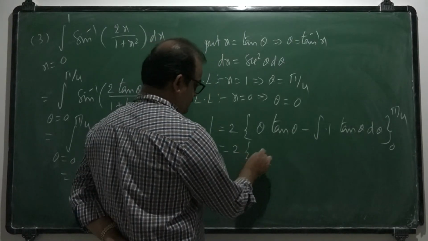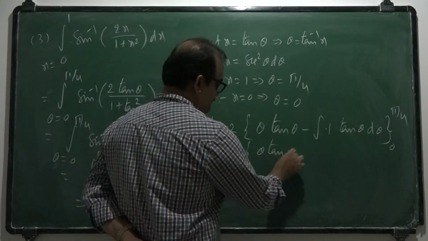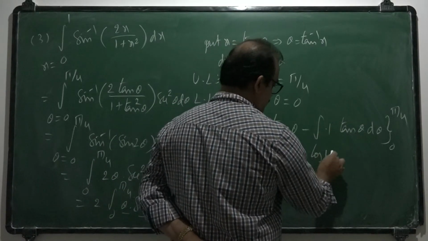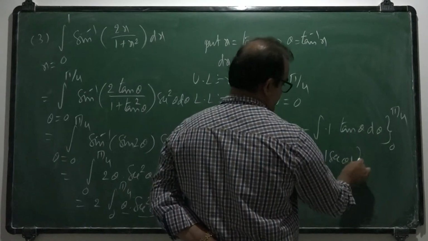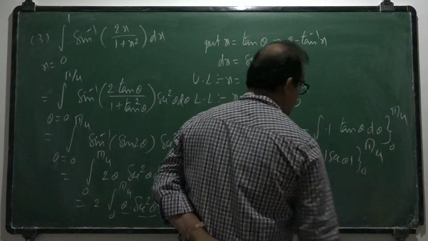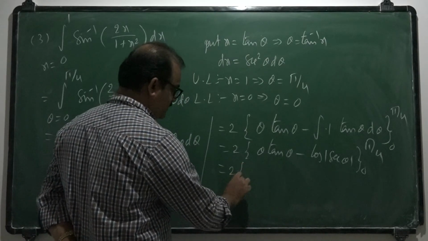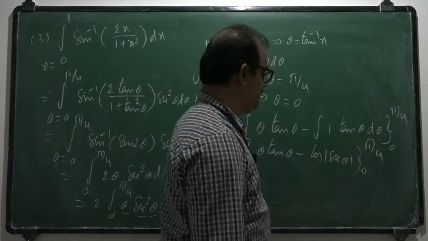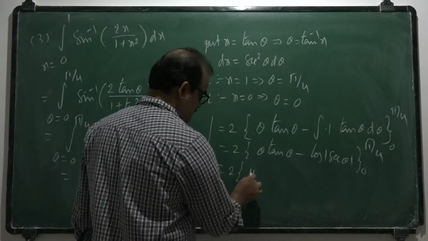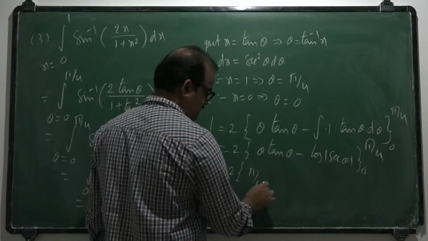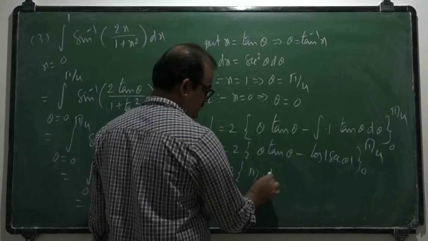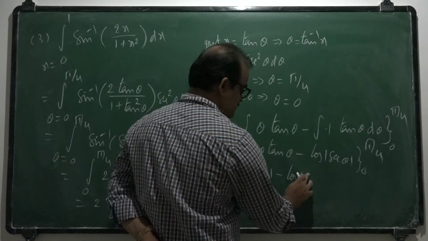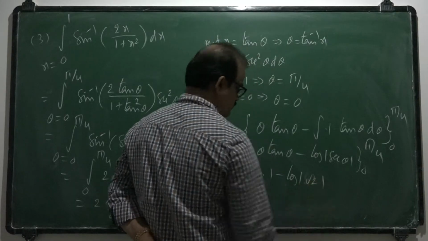2 into theta into tan theta minus integral tan theta log mod secant theta between the limits 0 to pi by 4. 2 into, apply the limits, first take the upper limit pi by 4 in place of theta. Pi by 4 into tan pi by 4, tan 45, 1 minus log of secant pi by 4, secant pi by 4, that is root 2,